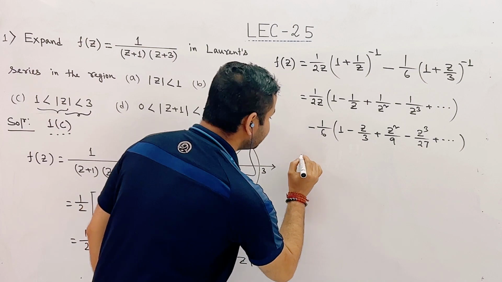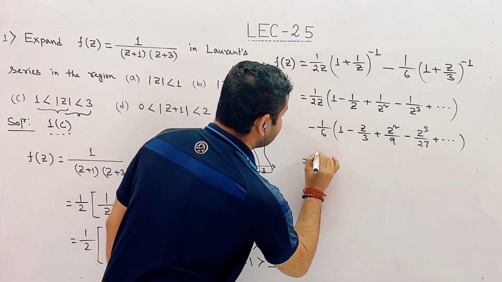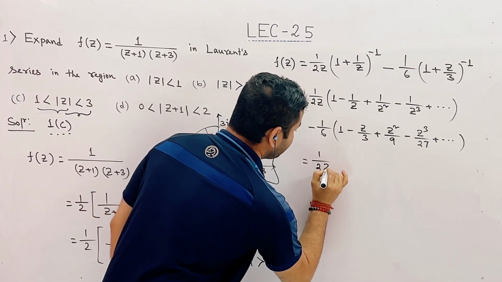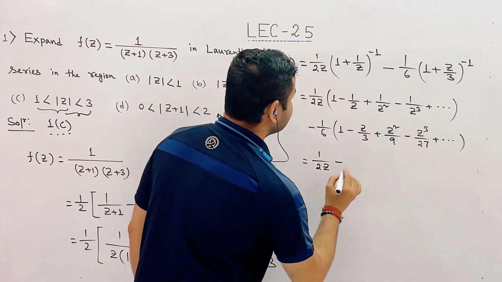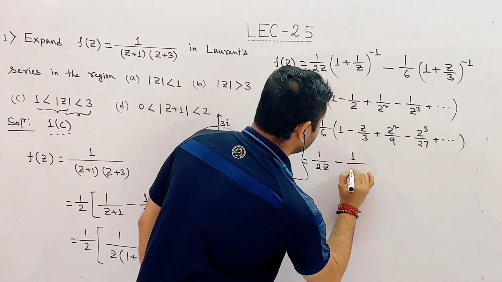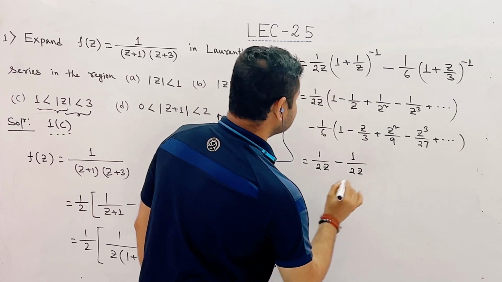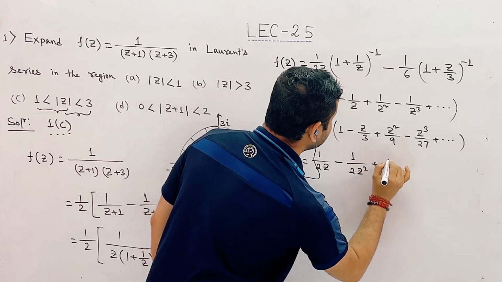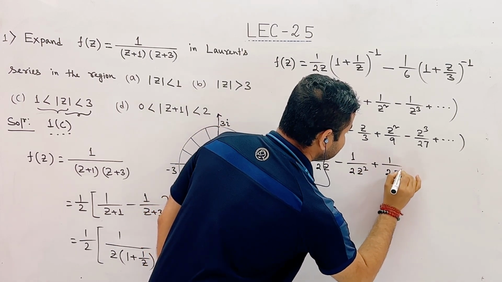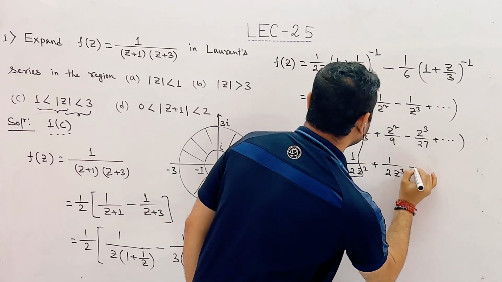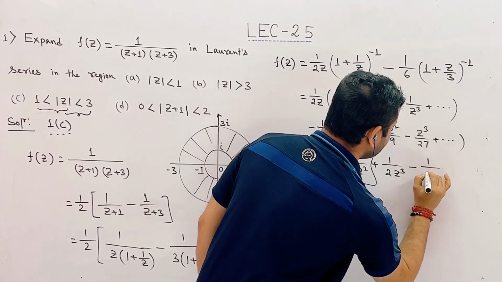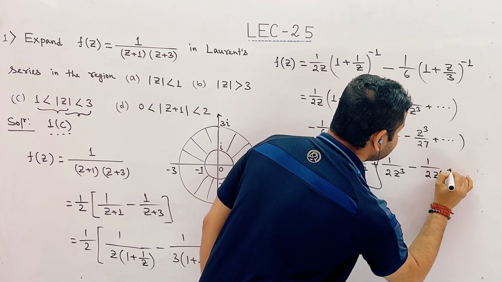So, finally, we will get 1 by twice z minus 1 by twice z square plus 1 by twice z cube minus 1 by twice z to the power 4 plus dot dot dot